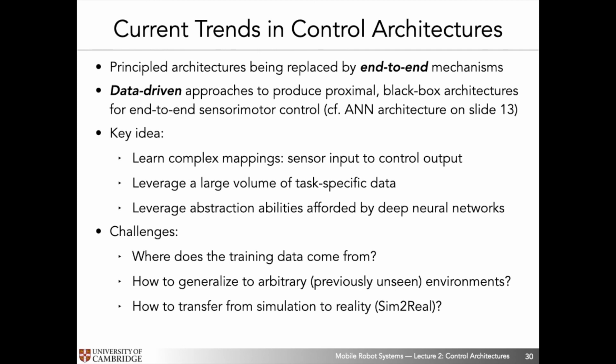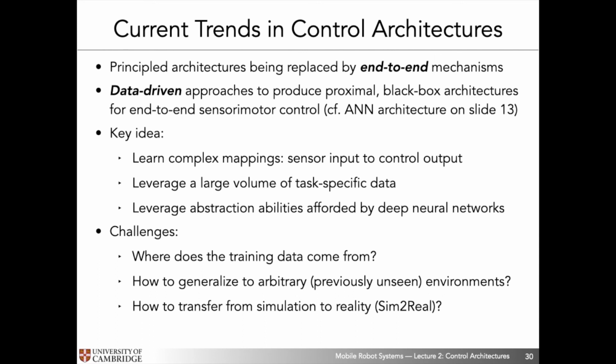So what are the current trends in control architectures? Clearly, what I introduced to you today were some of the foundational control architectures, some of the earliest ways that researchers and developers were thinking about how to control robots. Now today the trends have shifted somewhat, and one of the most popular ways of thinking about control architectures is by actually going away